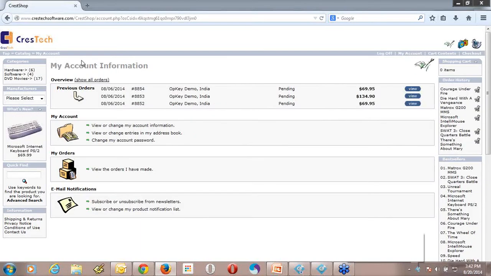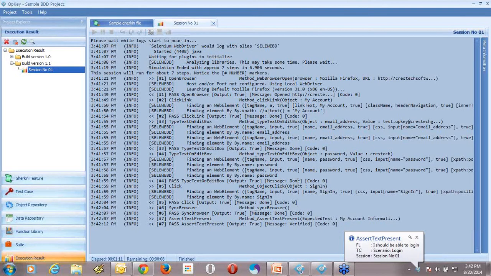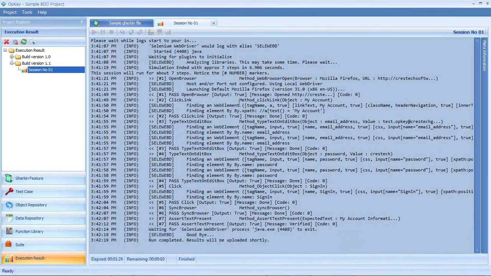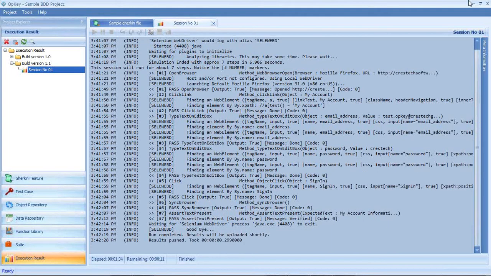There's a notification available for each keyword, and it's completed. I'll show you the result part. Now, if you have executed your flow on multiple machines in your local network, the complete result will be pushed to the main database, and you can view the same result from the machine you have executed the flow on. So you don't need to go to every machine and view your results. It's a centralized database.